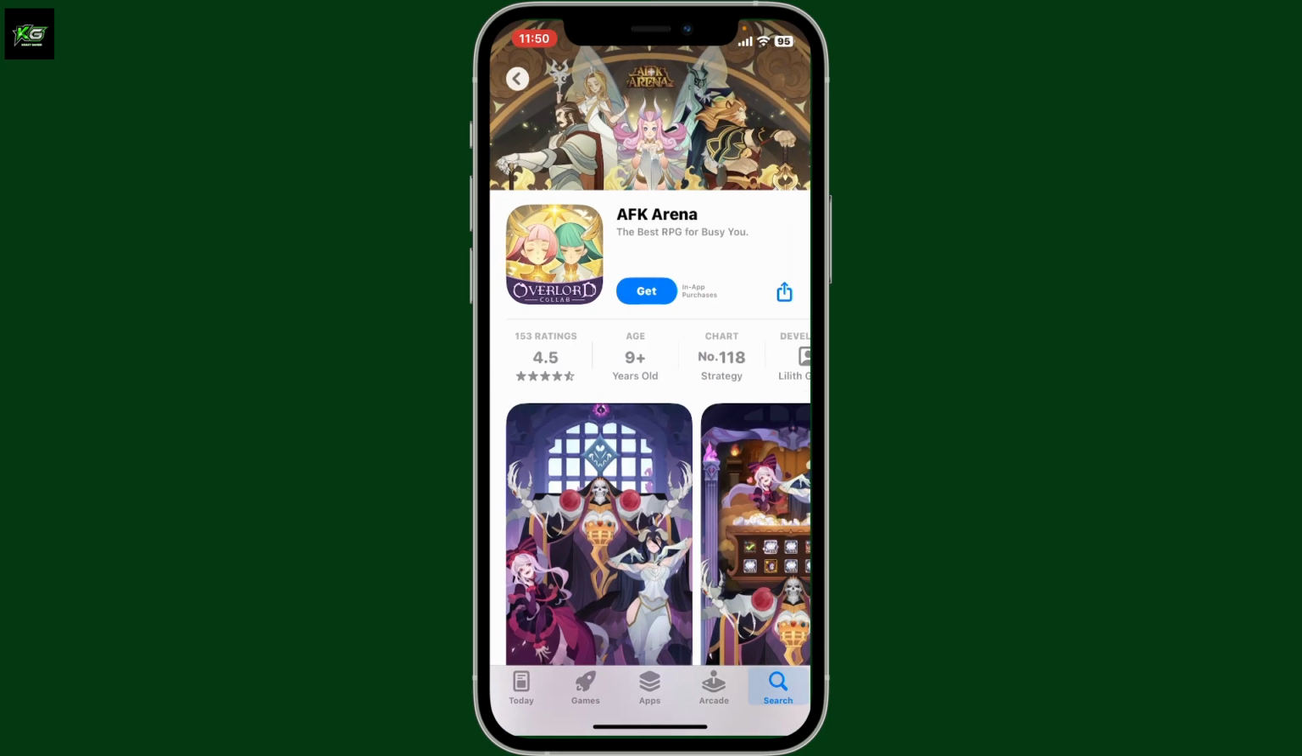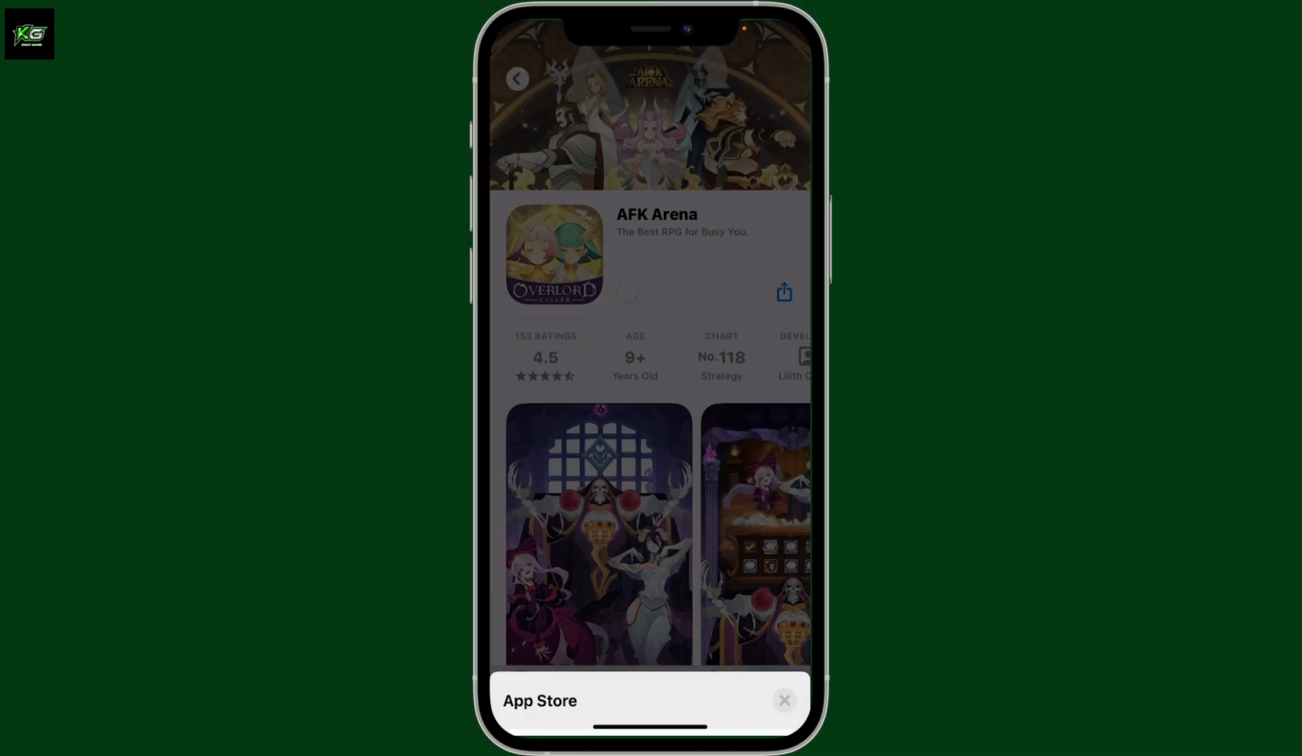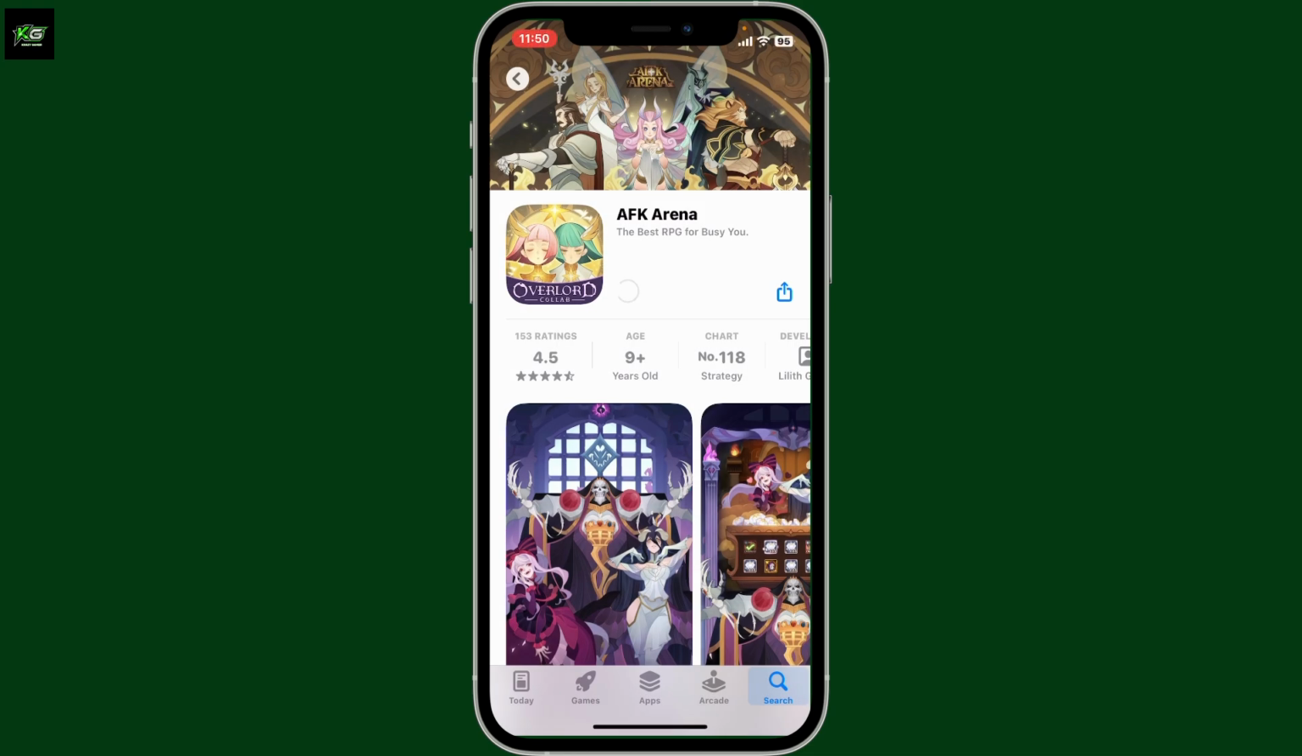AFK Arena is a popular mobile role-playing game developed by Lilith Games. Once you have this interface, tap the Get button to start downloading the app. Log in with your Apple ID credentials or with your Face ID or Touch ID, and you will then begin the application download process. Once the application is downloaded, tap the Open button to open the AFK Arena on your